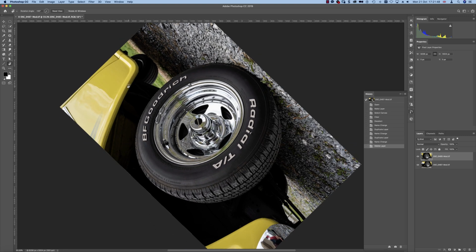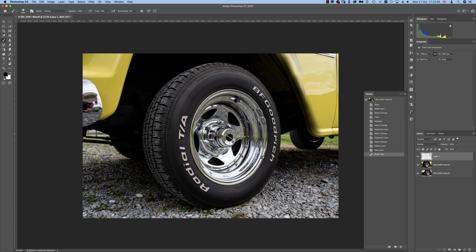Then I press B with my brush, let's make a layer, just for demonstration purposes, and can work here like so. If I try to do the same thing, by the way, with Escape, I'm just right back to the default position. If I try to do the same thing like so,